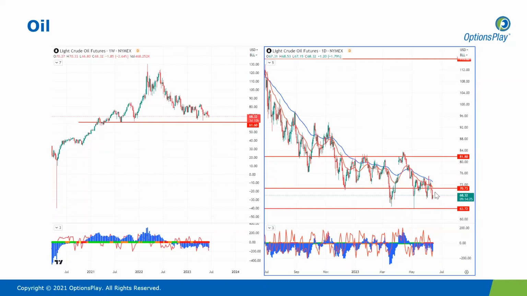And we've seen oil remain quite strong when it has approached these areas into the mid to high 60s. So again, we could see more consolidation and more choppy price action. But overall, the bias is neutral in the short term, neutral to bearish, I would say. The fundamentals do point to a more bearish tone. However, we could see cuts in oil production continuing to act as support here for oil.